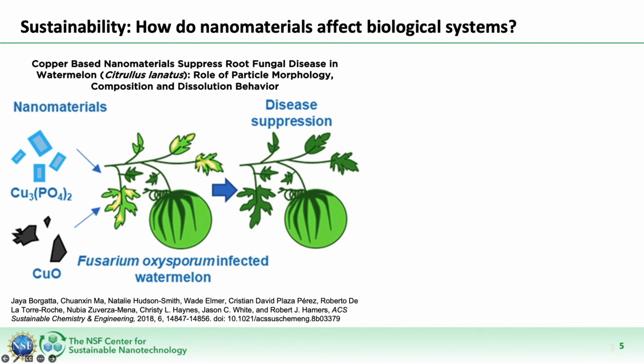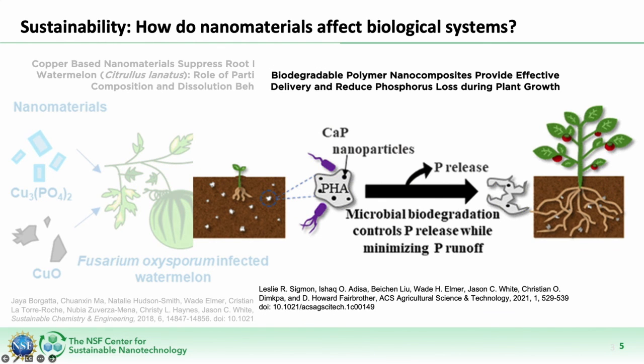Finally, as the theme of our presentation today talks about challenges and promises, I wanted to give you an example of one of the areas of CSN research that has to do with studying how nanomaterials can be helpful for biological systems. So we have a really cool collaboration with the Connecticut Agricultural Experiment Station, looking at how nanoscale materials can help plants get nutrients that they need to fight disease. So this first example was about nanoscale copper helping to suppress a root fungus in watermelon plants. And this second example shows how embedding nanoparticles into biodegradable polymers improves sustainability by reducing waste.